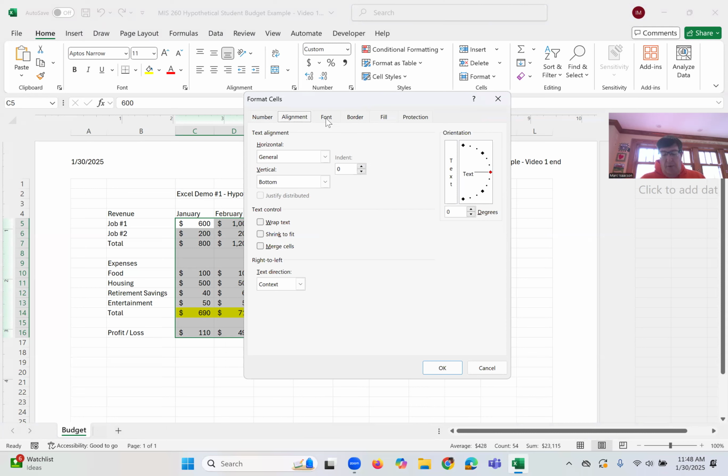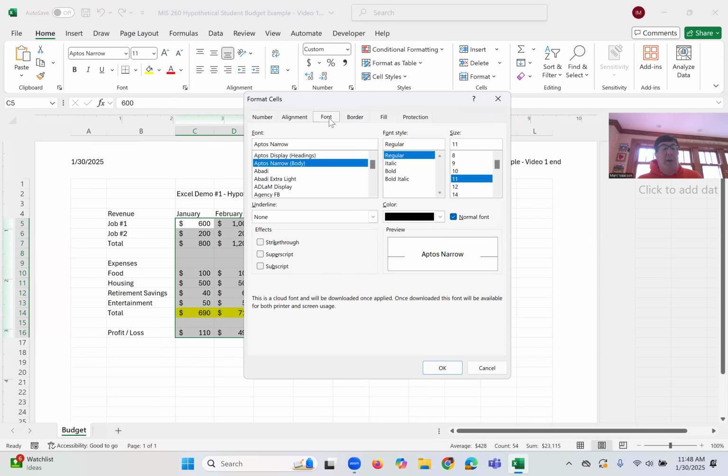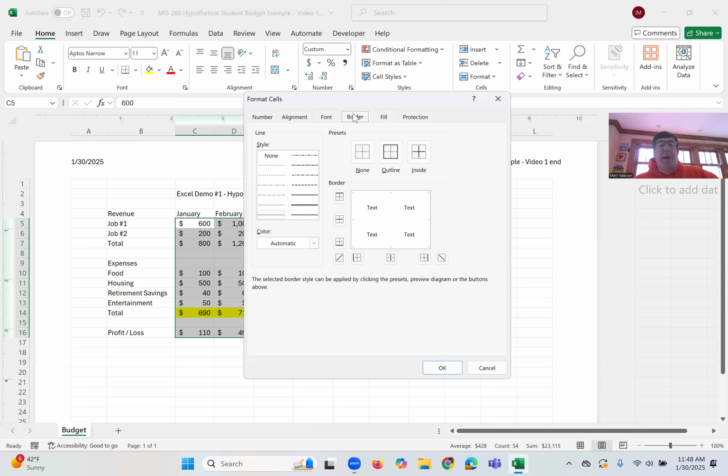There's a bunch of different variations of ways that the text can be displayed. And then you can change the font size, all the things that, again, are identical to Microsoft Word. In Excel, you also have borders. So if I said, well, I want to put a square border around this range of cells, well, I